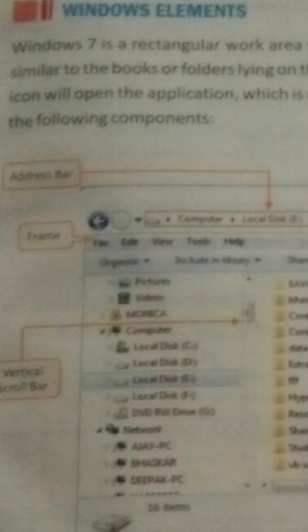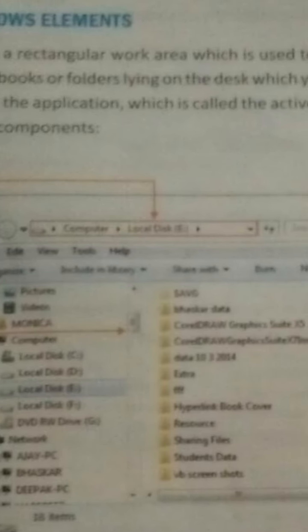Firstly, at the top, the address bar. If you are not having a clear look, you can see this from your book also. The address bar contains the address of a particular file. Whatever file you are going to open and whatever its location is, that location will be shown in the address bar.